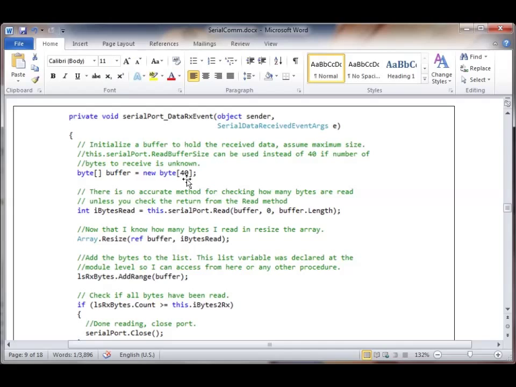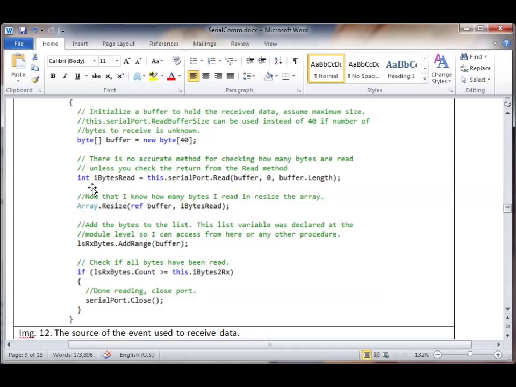Usually this is not a good idea, to put a fixed constant in here, but rather to use the property called ReadBufferSize from the serial port object, and this will declare the array the size of the buffer. The default size is 4K, which is kind of huge for our purposes, so I just decided to use a very small number here. Here is the instruction that actually reads the serial port, and it tells you how many